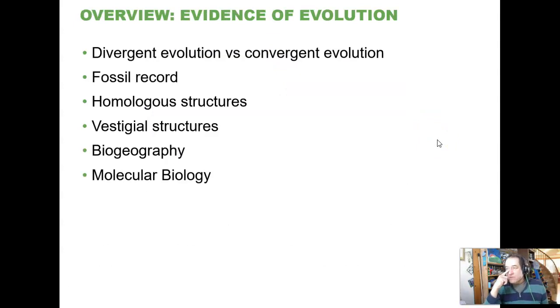So, evidence for evolution. There are some things that we are going to take a look at. These are 6 different major sources of evidence for evolution, at least a lot of it was the sort of stuff that Darwin and Wallace would have worked at. Some of it depends on more modern scientific techniques, particularly having to do with molecular biology and early developmental features, as we go from egg to multicellular to an embryo and all of that stuff. All right, so we'll take a look at each one of these.